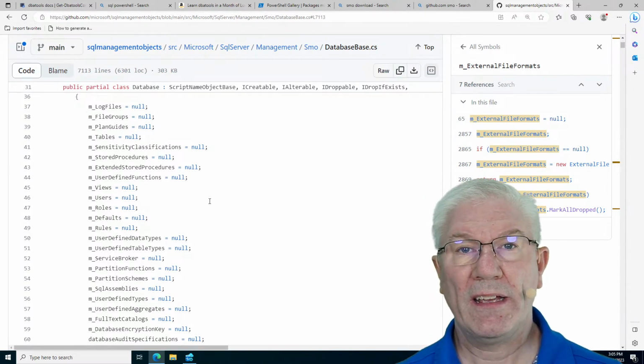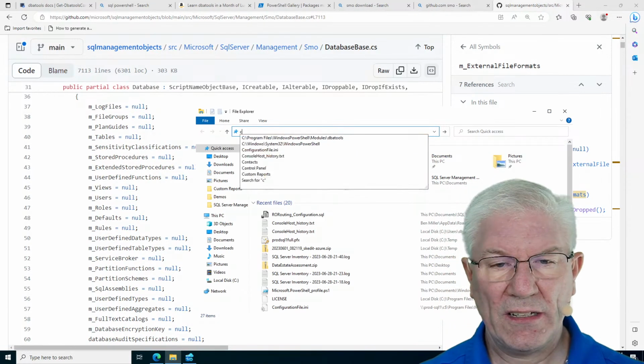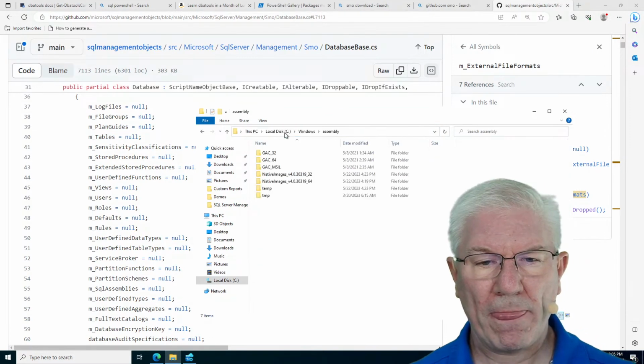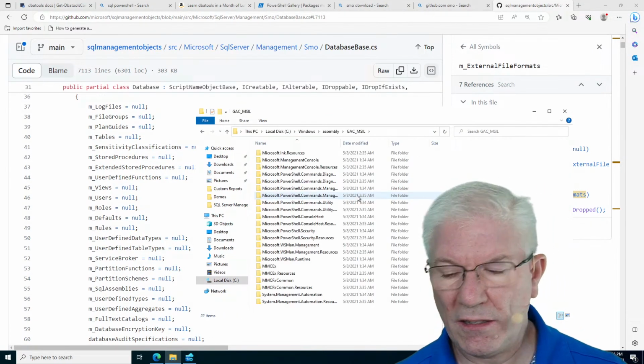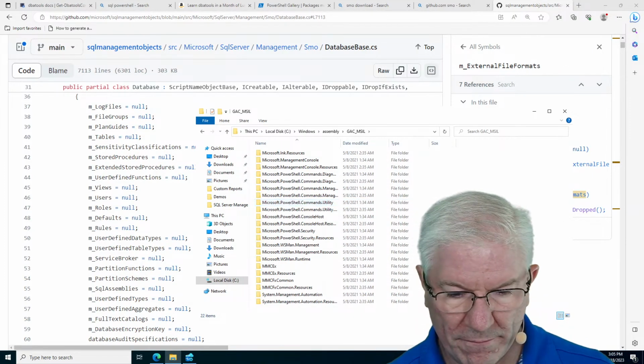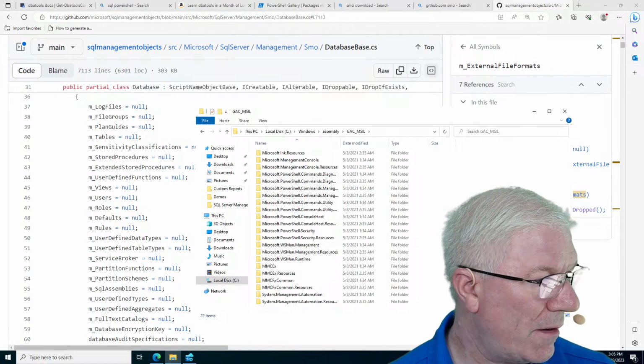We would install SSMS and it would put the SMO stuff in the place called the GAC. So if I said Windows Assembly, the GAC MSIL, which is basically